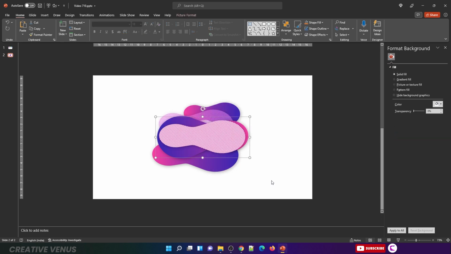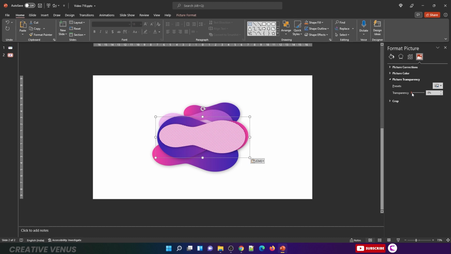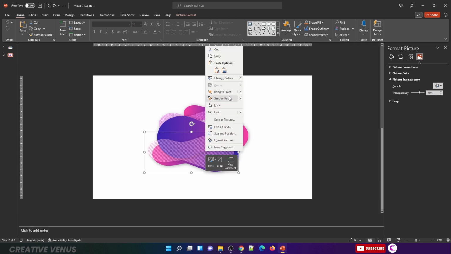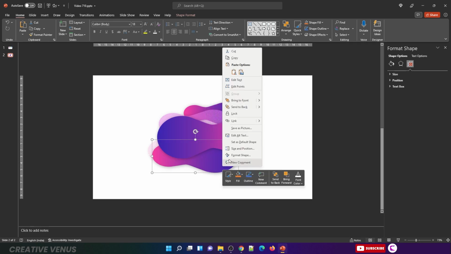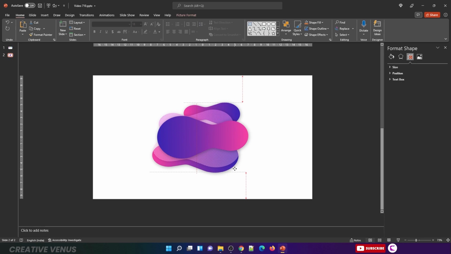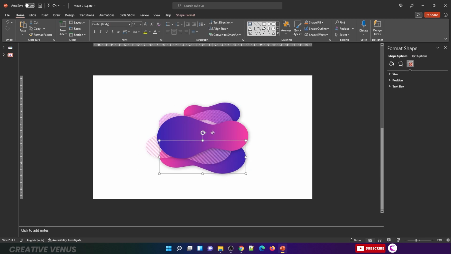Now again press cut and then paste it as an image. Increase the transparency and place it here. Send to back and send to back. So placement will of course take some time,